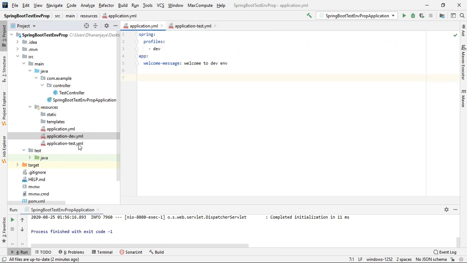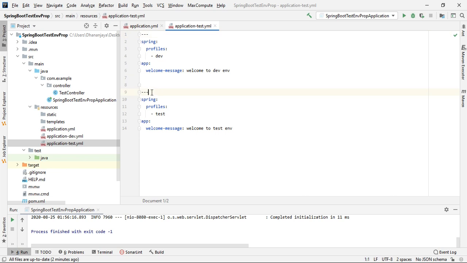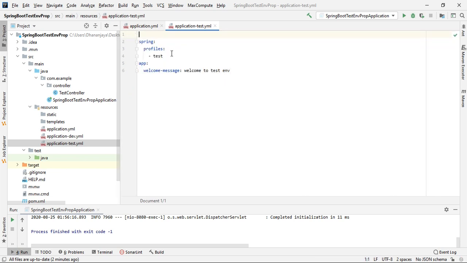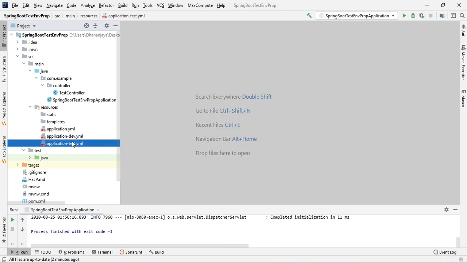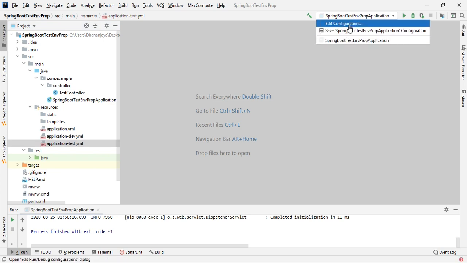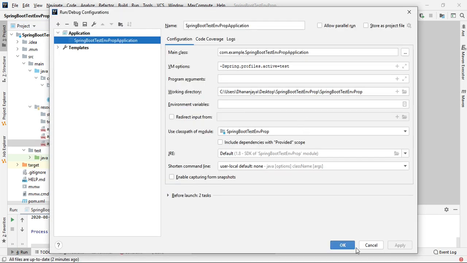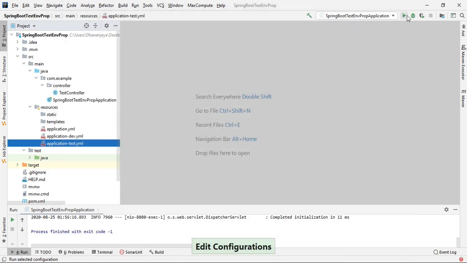Same case here also, in application-test.yml no need to mention the profile information. Just mention whatever your configuration is. So based on the application file name, application-dev or application-test, it will point to the specific environment if we are passing the environment variable here. Okay, let's test with the test environment.